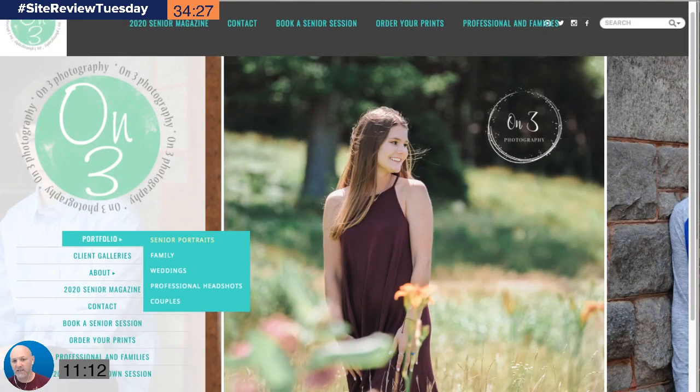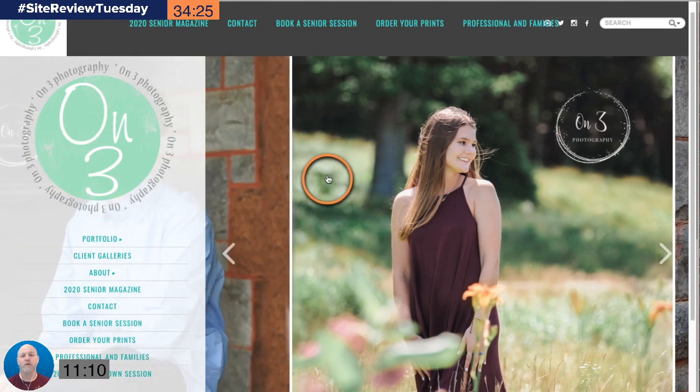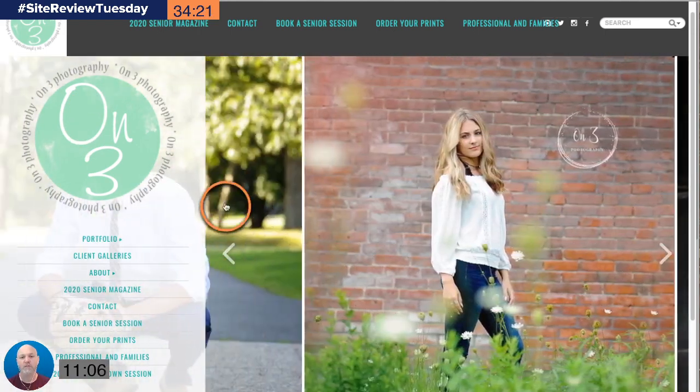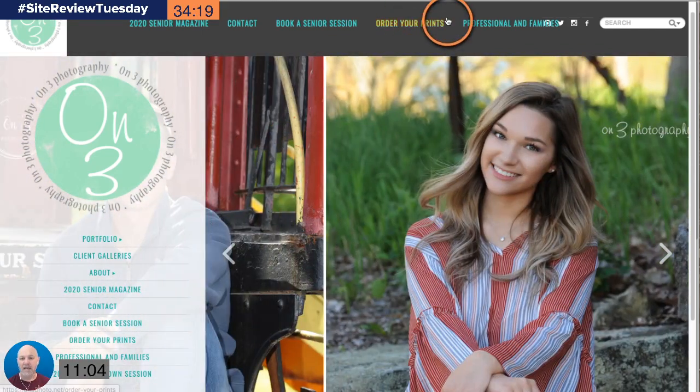And guys, I know I spend a lot of time talking about portfolio, but honestly, visitor navigation is so important. How long it takes people and how many clicks it takes people to get to where they want to go on your site is so important. So it's really important that you take some time thinking about how you want that navigation to be, and making sure that you're making it as easy as possible for people to get to where they want to go. So just to show you what this client experience or visitor experience is going to be like,